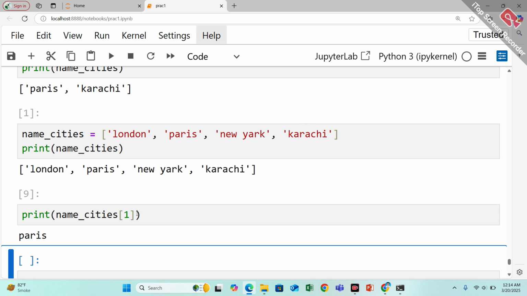So if you start indexing at the start, 0, 1, 2, and so on, and write its number, whichever element you want to access, you can access the element in Python. And it is also possible to access the elements from the last of the list by using a minus sign with